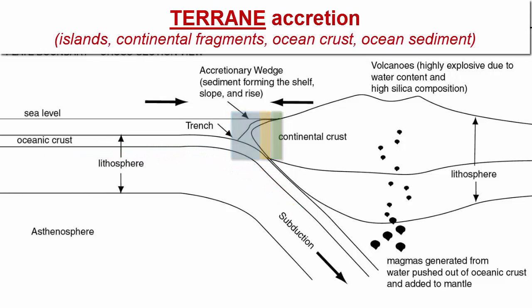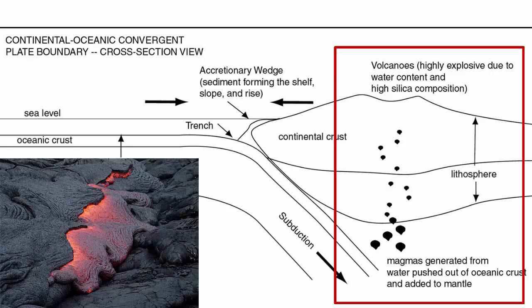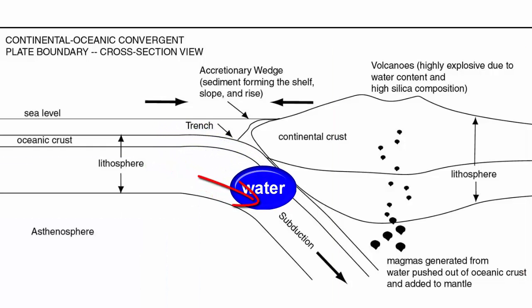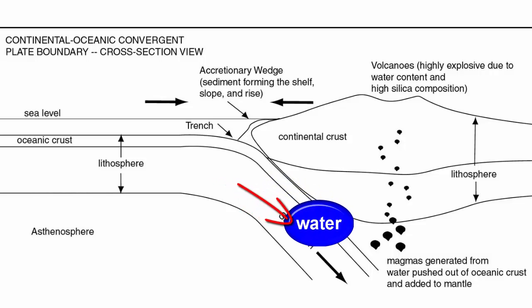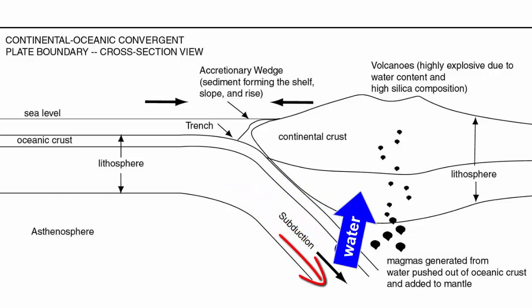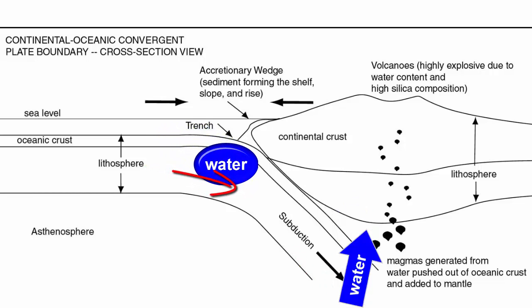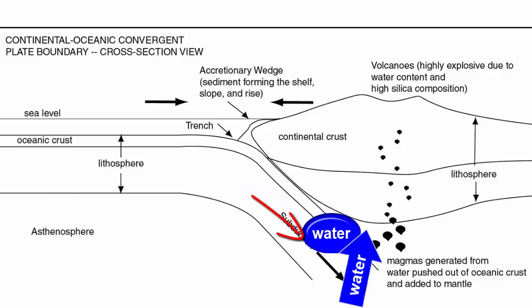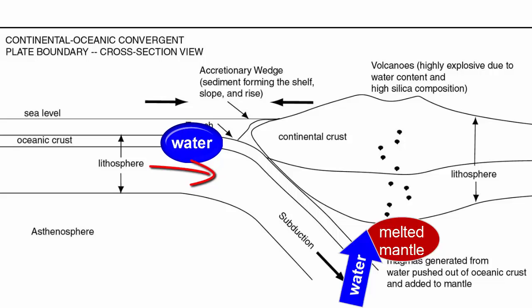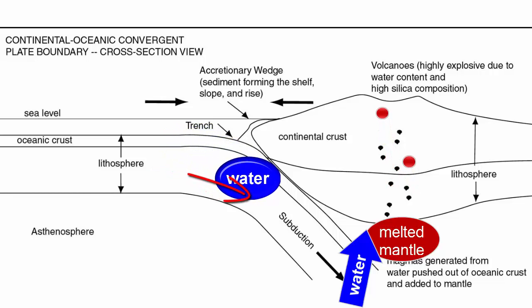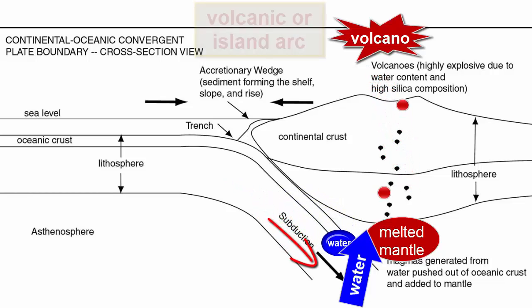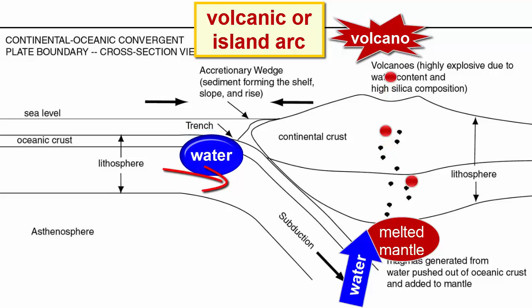The other source of new continental material are the volcanic eruptions that happen alongside the subduction. Why? When ocean crust subducts, it carries with it a large amount of water that has soaked into the sediment over millions of years. That water is squeezed out by the high pressure at depth in a subduction zone. Because water is less dense than anything else, it rises upwards into the overlying asthenosphere. Water reduces the melting point of the asthenosphere, causing it to melt. That molten magma is now less dense, and so it too rises with the water to the surface, where it